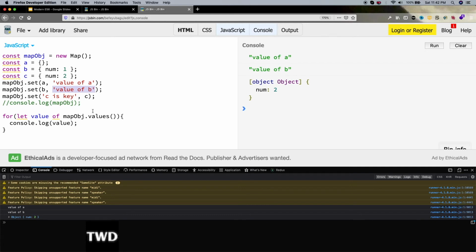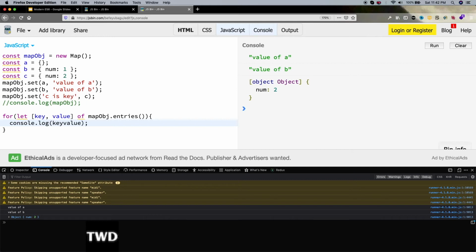And if you want both of them, we can use entries also, but as it returns an array, we will do destructuring on the fly: key comma value of map dot entries. See, this is not related to map, this is related to the for loop only.